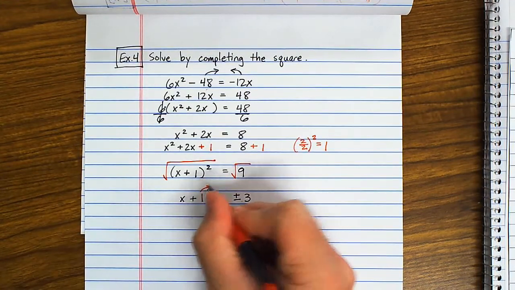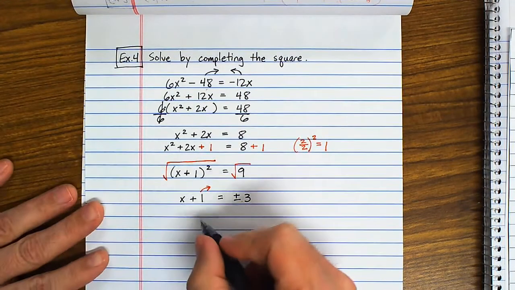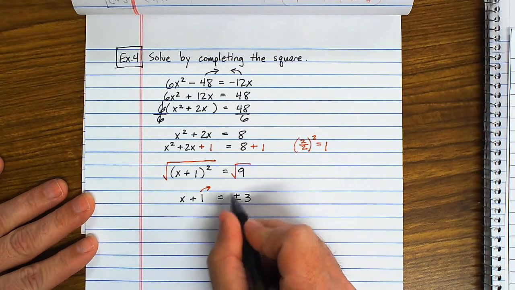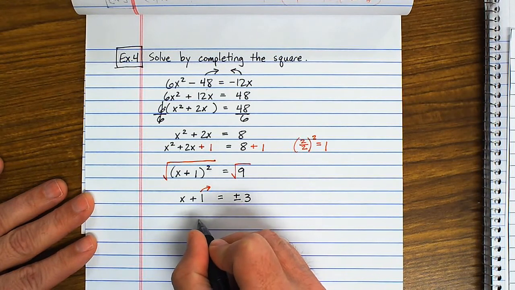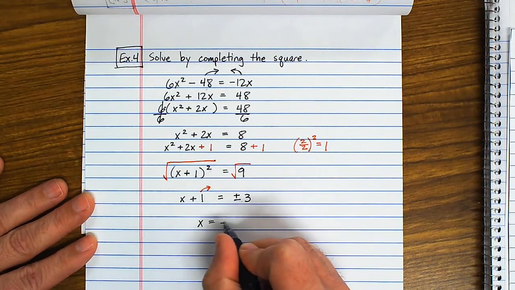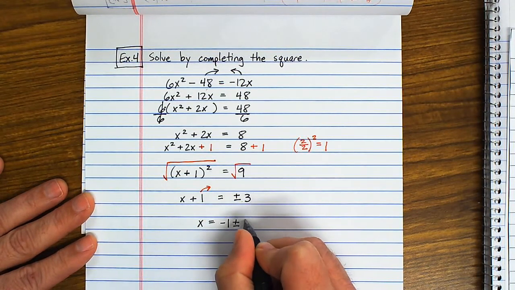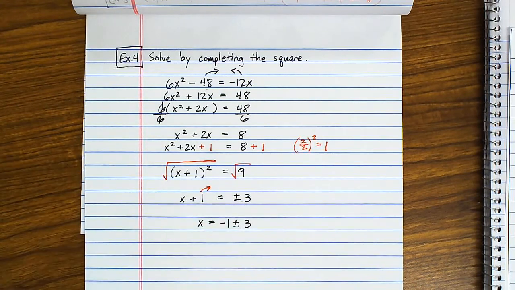Bring your positive 1 over to isolate your variable. When you bring it over, anytime you have a plus or minus, you want to bring the number over and put it in front. You do not want to put it behind. So that means x is going to equal negative 1 plus or minus 3,